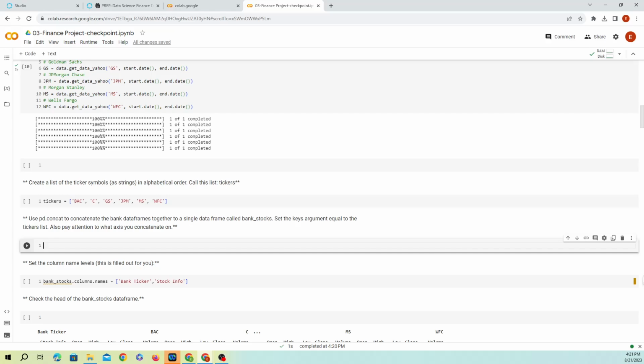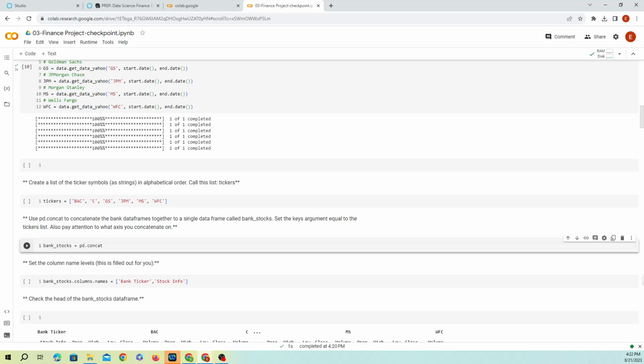We're gonna call it bank stocks. And we're going to use pd.concat, and we're gonna pass in our data, which is